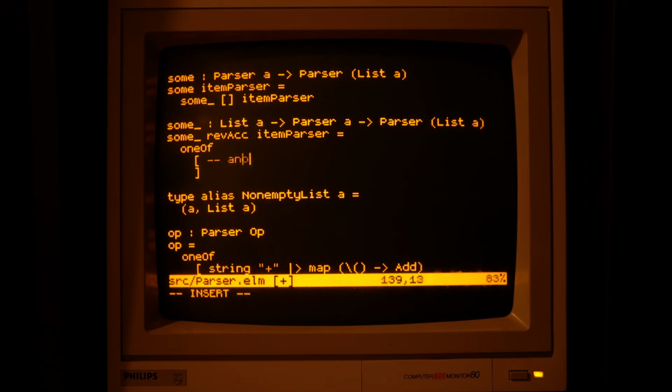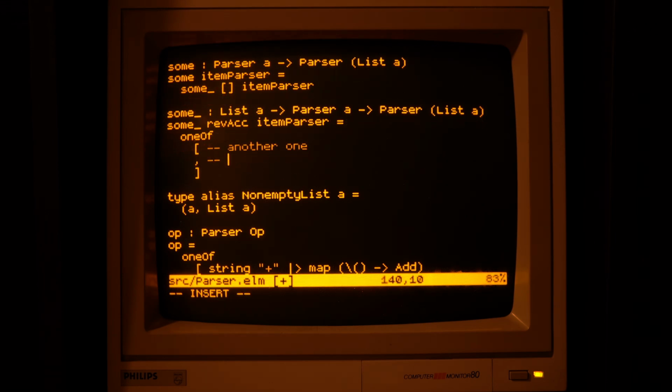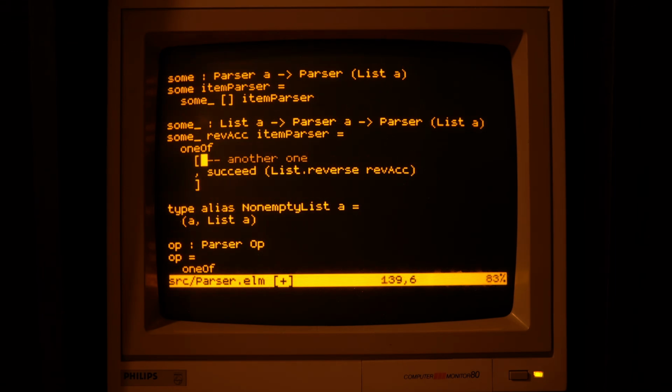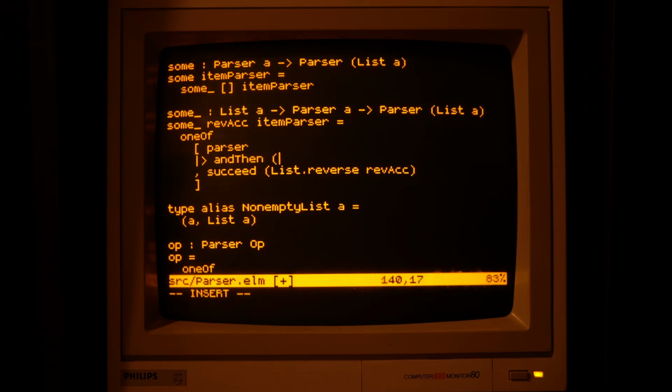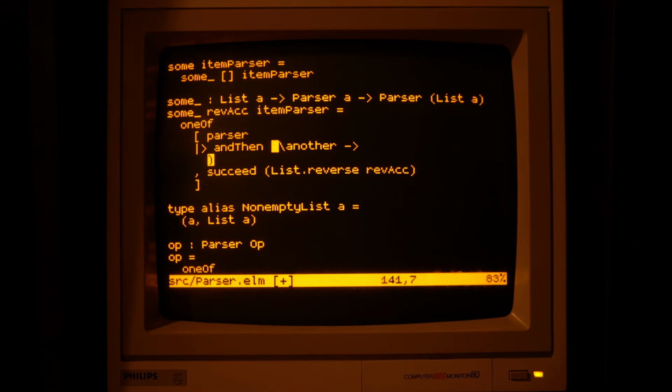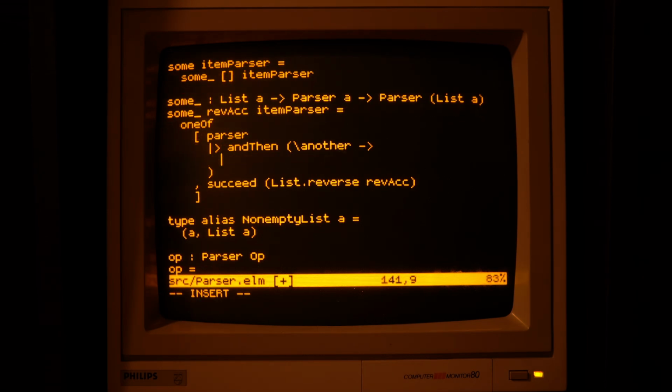Either it succeeds doing that, remembers the new item and repeats, or it gives up and gives us all the items gathered so far. When unsuccessful, we need to reverse the list of items before returning it. Now, how do we try parsing another item? We use the parser, and if successful, recurse.